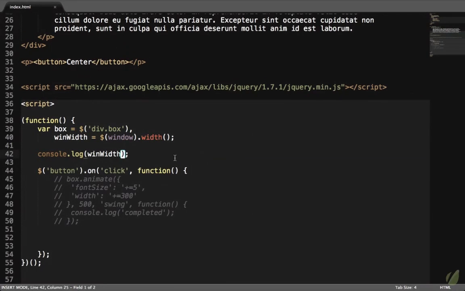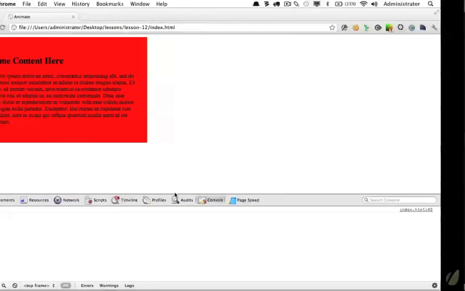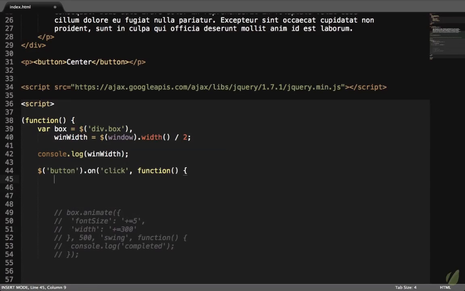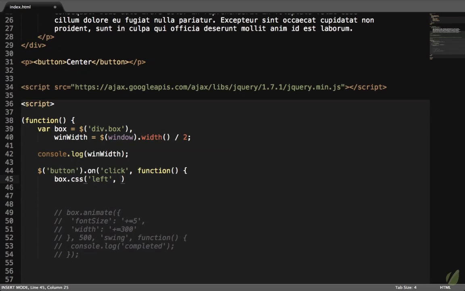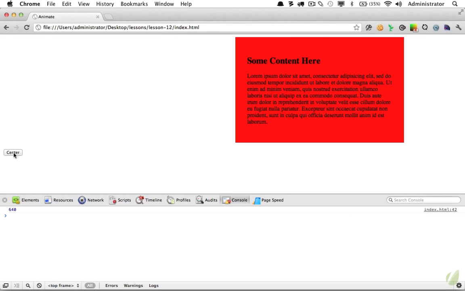So, with that in mind, why don't we divide this by 2? That starts to make sense. We want this box to be more or less in the center. So our first step is divide the window width by 2 and see if that value works. So right here at the top, we'll say box, and we'll use CSS just for now. And we'll say the left value should be equal to winWidth. Let's try that. Refresh, click on center, and no, that's not going to work